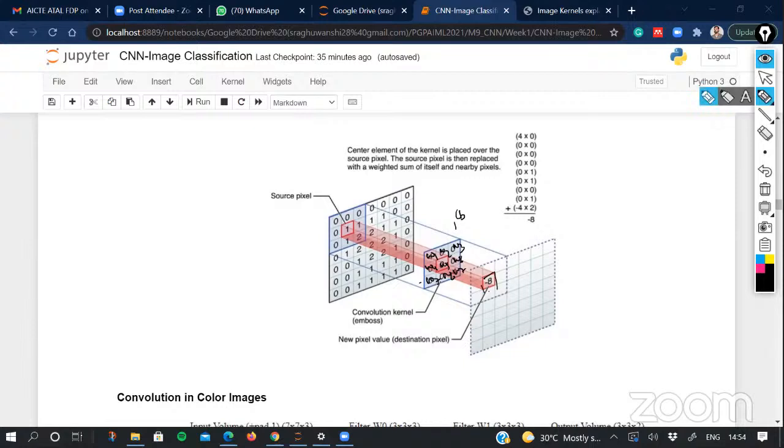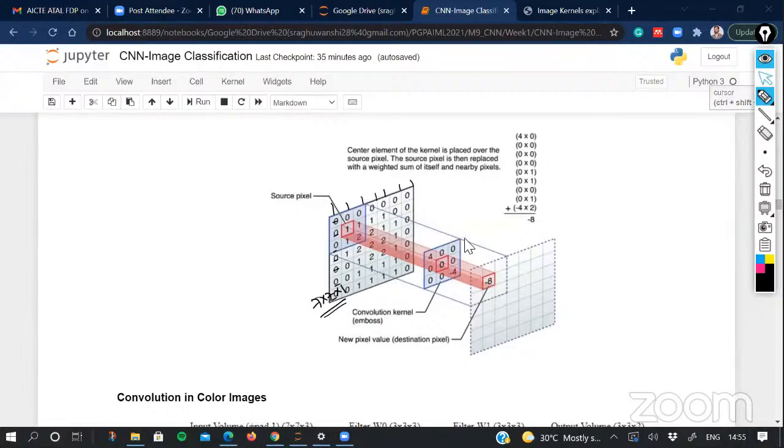Now this kind of convolution you can imagine with a grayscale image, where generally your image is represented with a single channel. So here, if you count the number of rows, 1, 2, 3, 4, 5, 6, 7, and columns, 1, 2, 3, 4, 5, 6, 7, this image is said to be 7 by 7 by 1. And this image is said to be a grayscale image because it has only a single channel. As I said, the image can be represented as a grayscale image or a color image. A color image generally has three channels, RGB, whereas grayscale has only one channel, and this is an operation that you are performing with a grayscale image.